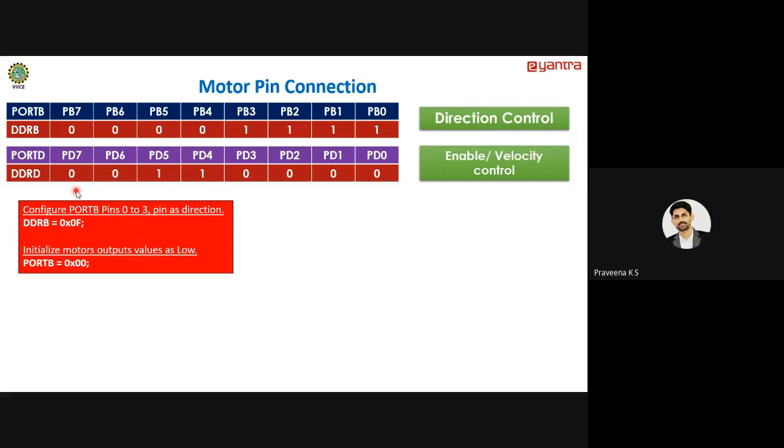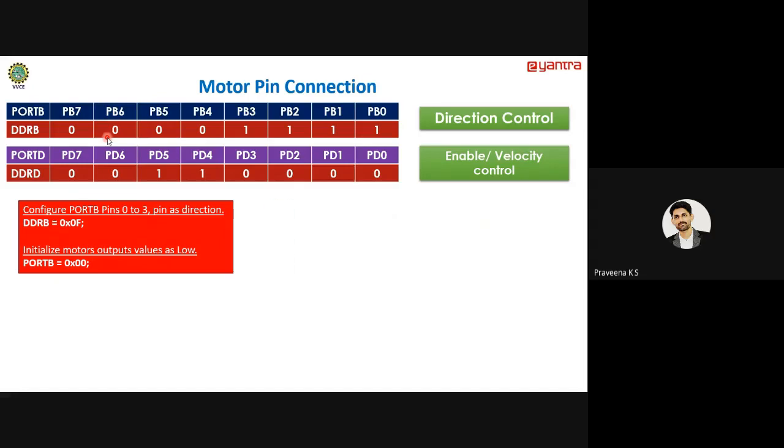But anyway, I'm going to use only the lower nibble pins of port B, right? The higher nibble pins I'm not going to use, and I don't know, maybe these pins are being used by some other applications or operations. In that situation, I cannot use these pins, otherwise it may lead to false operation of those pins. So for that reason, the best way to write is using OR operation or by masking.